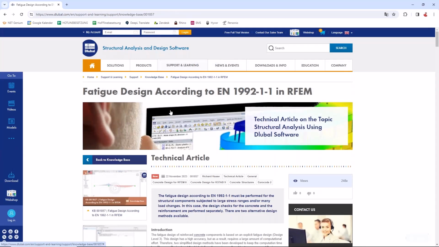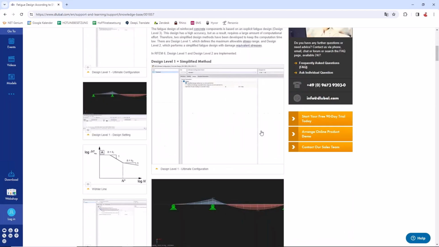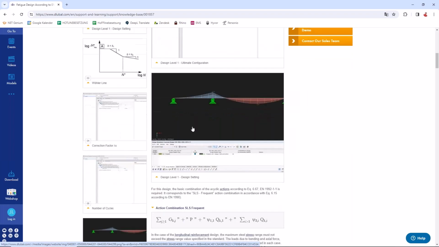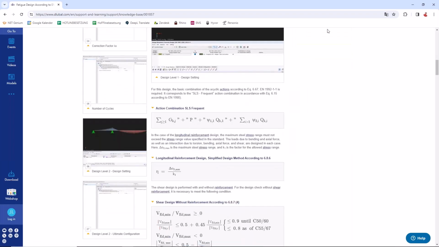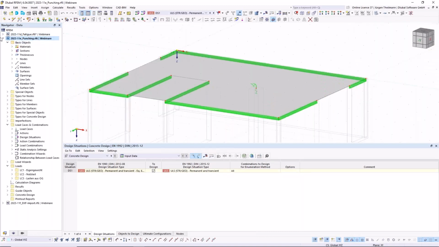So if it was a bit too much for right now to get into your head, you can always go back here to our knowledge base and read all the details about this fatigue design checks. Good. That's all for our fourth question today. And now I have the fifth one,